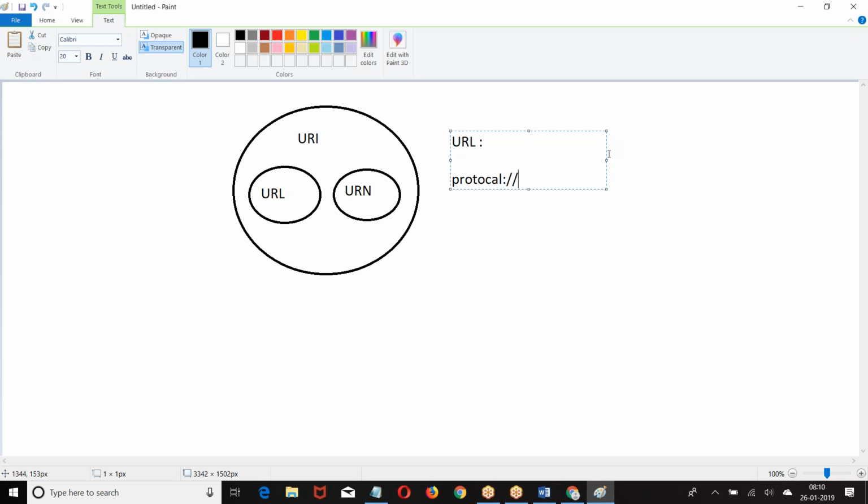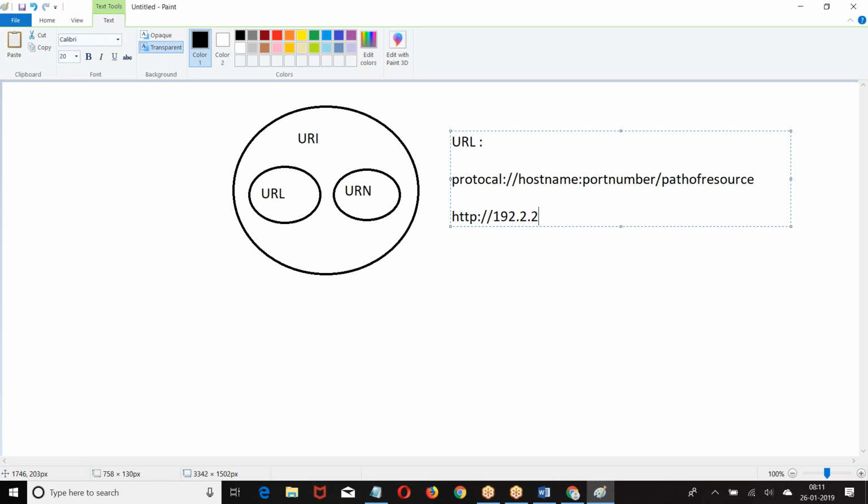Your URL is going to be in this format: protocol, host name, port number, path of the resource. So it is going to be HTTPS.